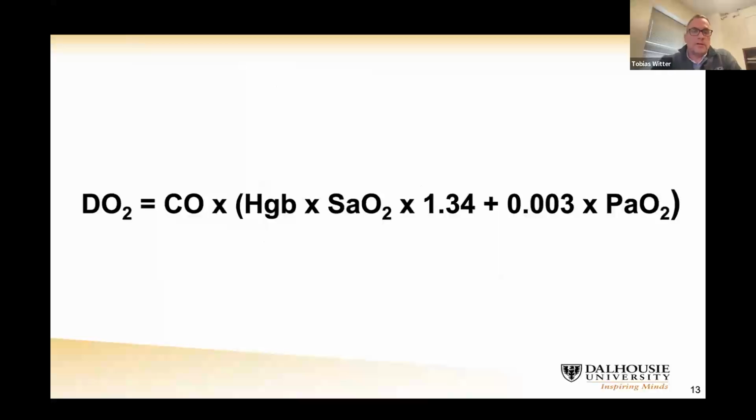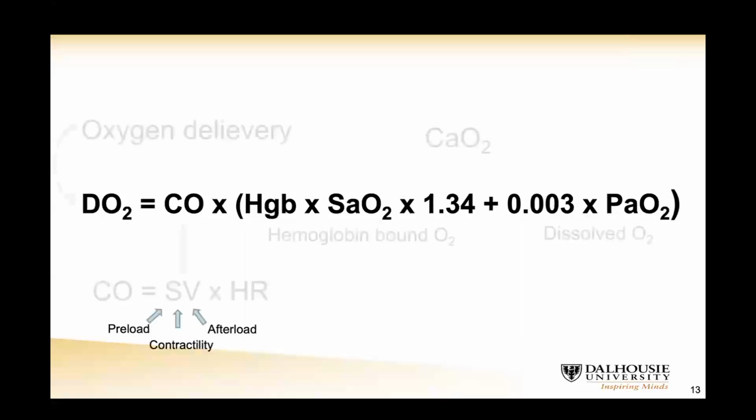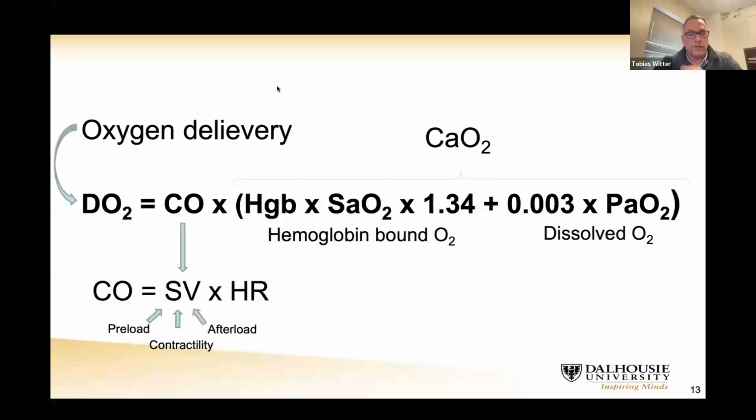If we want to do a little bit of math on that, our oxygen delivery is ultimately calculated by our cardiac output times our oxygen content, which you just saw: the train times the amount of carriers that the train has. The cardiac output is defined by stroke volume times heart rate, and the stroke volume is determined by preload, contractility and afterload. And the oxygen content is mainly determined by hemoglobin and saturation. The dissolved part of this equation is under normal baric circumstances negligible. So hemoglobin, sats and cardiac output ultimately determine our delivery of oxygen.